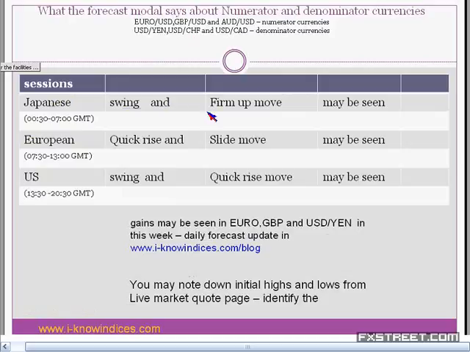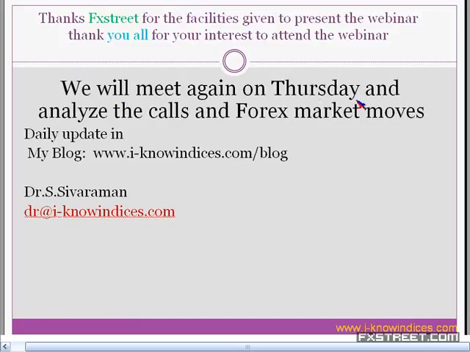We'll meet again on Thursday and try to review where exactly the market has gone, either on the upside or on the downside. There are only two possibilities. Then we'll review what they were expected to do and what they have done, why they have done so, and what could be the next step. Those things we'll read and continue our market reading during the course of time.